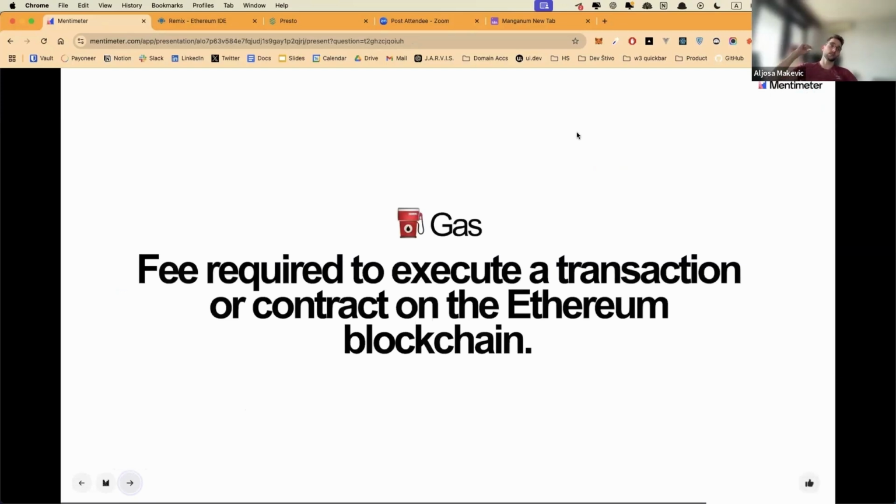So every time you execute a transaction on chain, you have to pay a gas fee. And that goes back to everything we talked about in the beginning when I said the whole network is decentralized. There's no one admin of it. That also means there's no one person paying the bills.